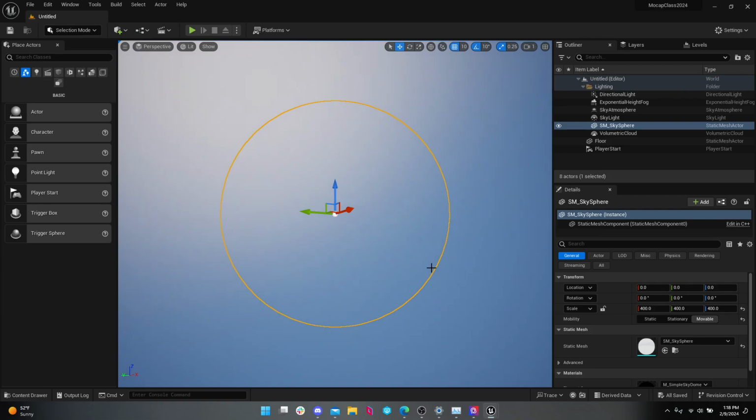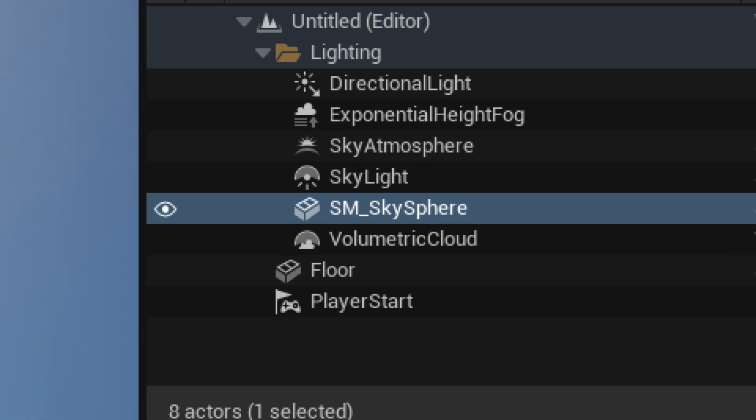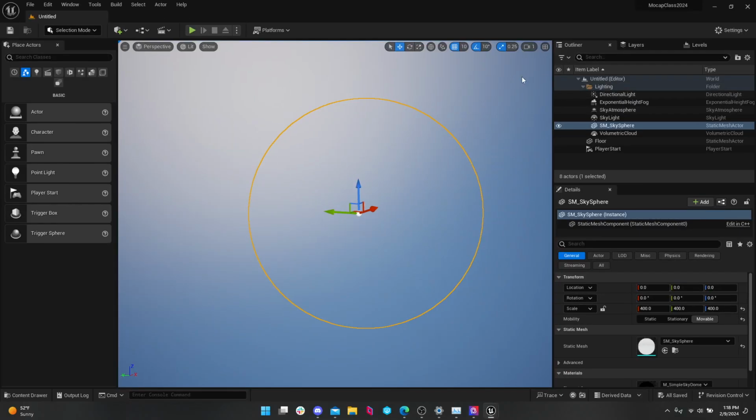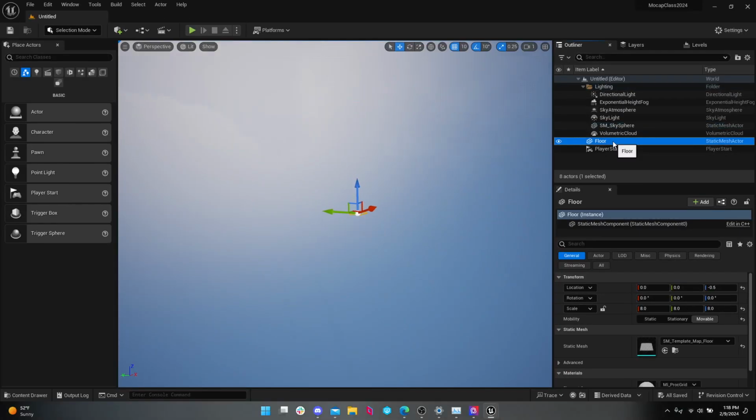So, Unreal Engine 101, it's not a mistake, but this happens really easily. Oh, now how do I get back to my little platform? And then the student spends the next hour trying to get themselves back to the platform. You don't have to do that. Just double click on the floor, or select the floor and hit the F key, so you zoom back to that stuff.